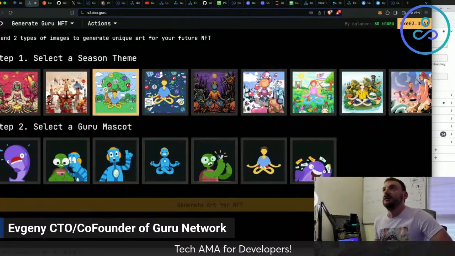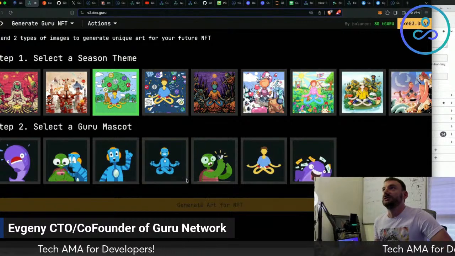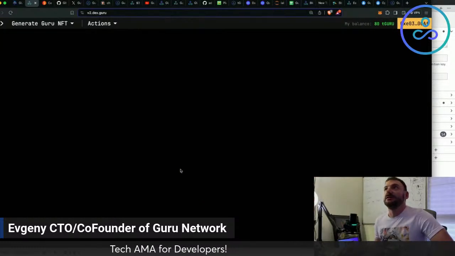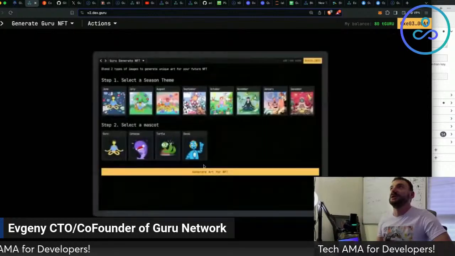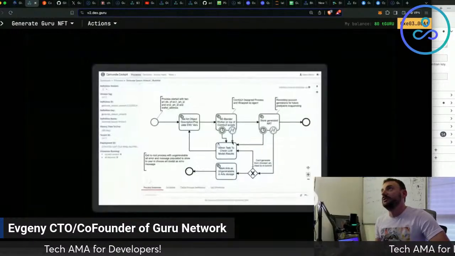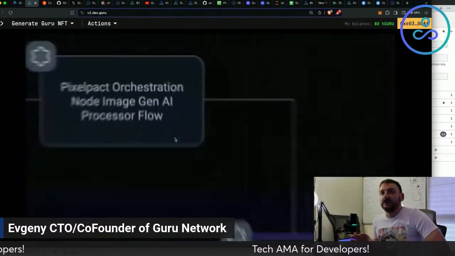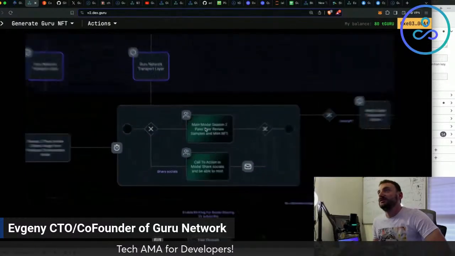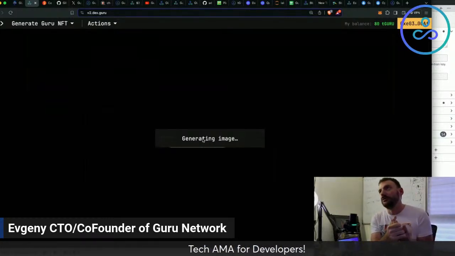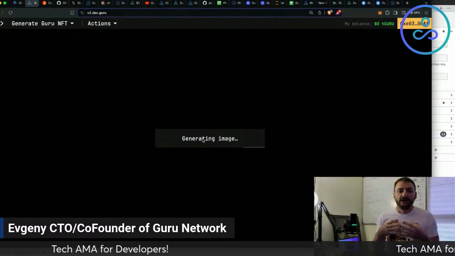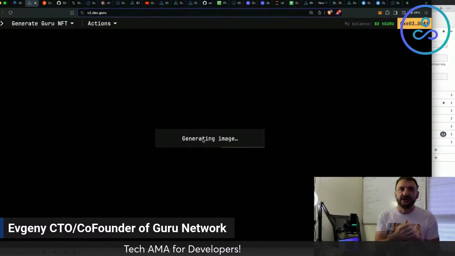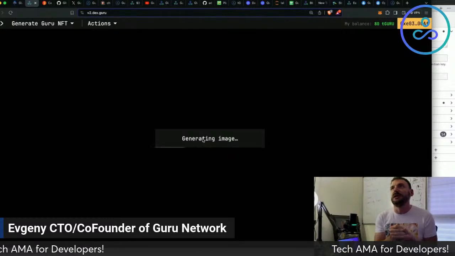That's why in here, when you're picking 2 pictures and then you click generate art, it's basically dropping down into a generation process, where first of all we send those orders through Guru network to the PixelPact orchestration node, where actual image generation happens, and then it returns it back to Guru, and basically the Guru frontend and Guru orchestration engine reads the results from the PixelPact orchestration engine based off whatever came over Guru network.